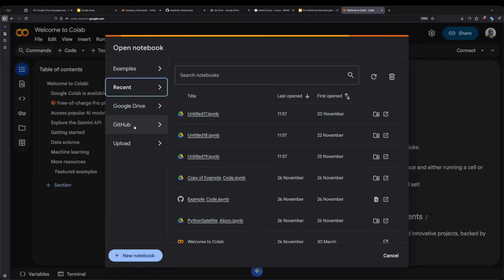GitHub, useful when instructors share material there. And Google Drive, for your personal project. During the workshop, we might use all, but for now, just click New Notebook. This will open a fresh notebook running in the cloud.